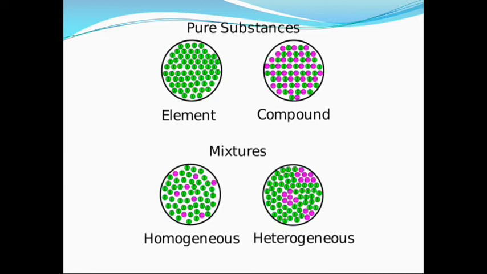This is homogeneous. It is uniform throughout. Homogeneous means it is uniform throughout, though it shows the presence of some different dots. So that means it consists of two or more different constituents. Two or more substances are mixed in it. So the green dot is one substance, the violet dot is another substance. And heterogeneous means it is non-uniform throughout, or it can be distinguished into two different layers, that we call heterogeneous. Okay,